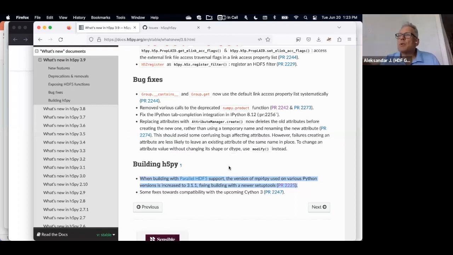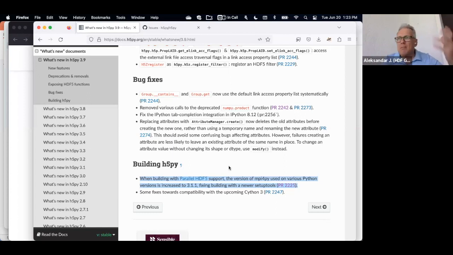It had to do with the MPI Python package, which is called MPI4py. The h5py versions already out there in public listed a version of the package that collided with more recent build and installation tooling in Python.